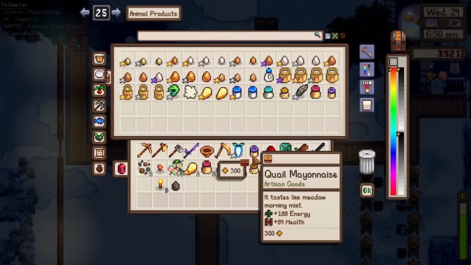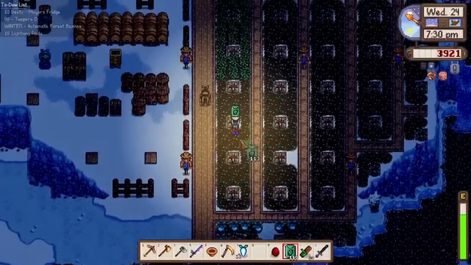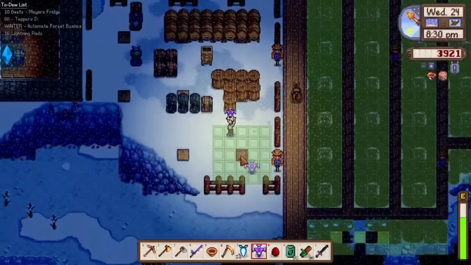We got our first quail mayonnaise, so one went into forever storage and the other got shipped off for completion. Mint was planted, the balance fruit was ripped out as it never grew, with the iridium sprinkler moved ready for